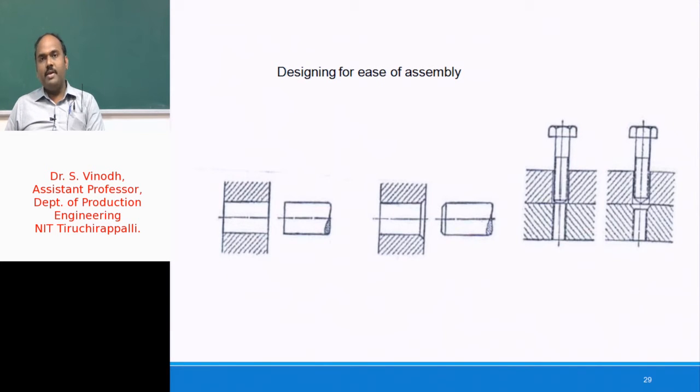The example which is being shown on the right side is nothing but a task of inserting a long screw into a drilled hole. The one prior to the right side, you could see it is very difficult to insert the long screw into the drilled hole, which has been remedied by a version which is shown on the right extreme, where a countersink is being provided. Countersinking is nothing but a tapered enlargement of a drilled hole, whereby the insertion of the long screw into the drilled hole has been facilitated.